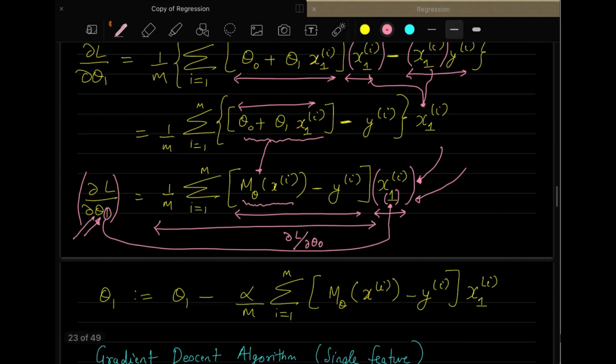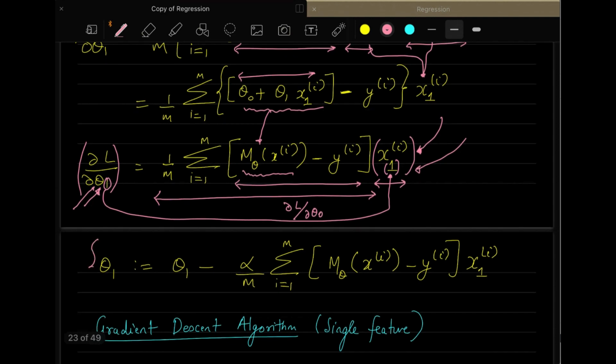So we now have to write the gradient descent equation for theta 1, as I have already told you that the loss function is a function of theta 1 and theta 0. So the gradient descent will be applied for theta 1 now. What is that? Theta 1 new is theta 1 old minus this times this expression. If anyone has any doubts in terms of the derivation that I have done, let me know, otherwise we will move forward.